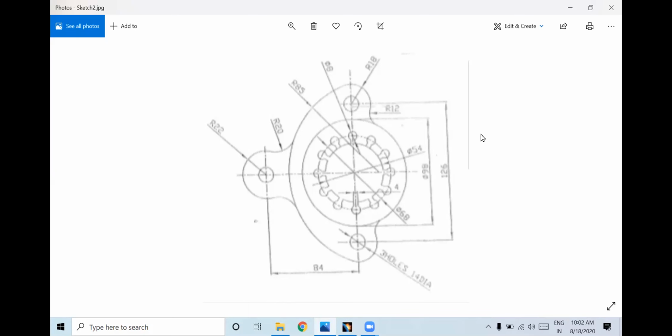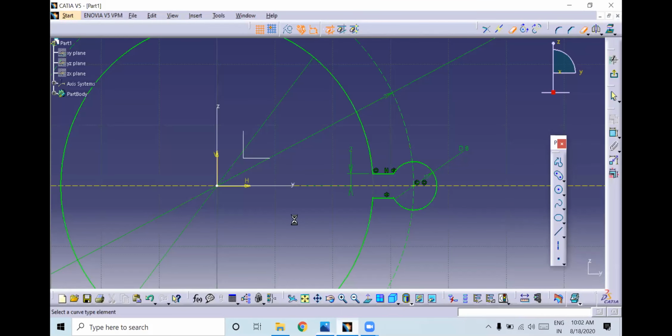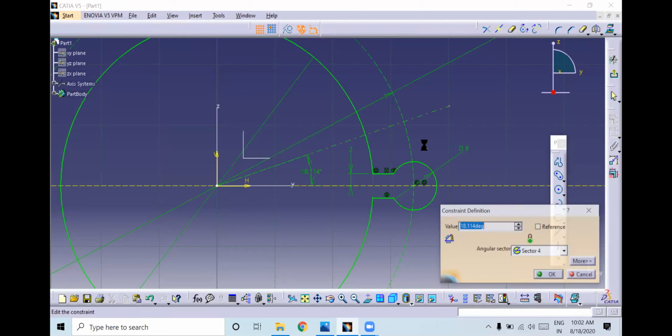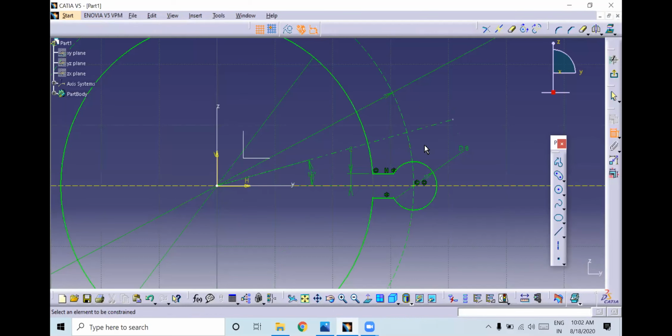Yes, sir. So again go to axis, from this just create it. See here, 15 degree. You have to trim this. Go to the trim option, trim it.